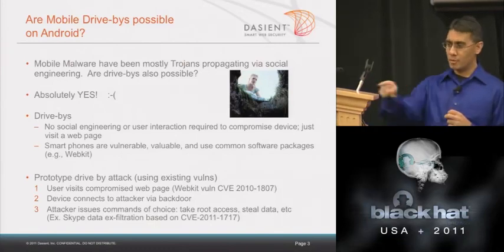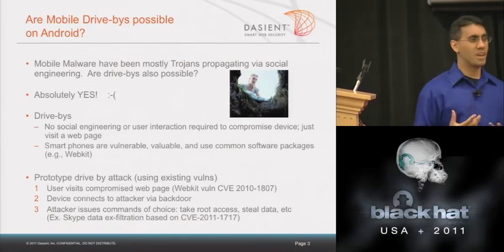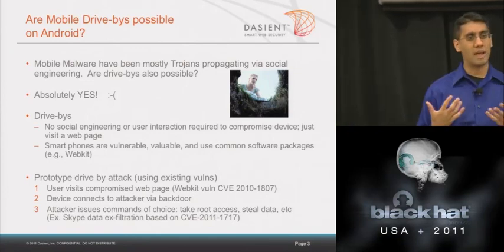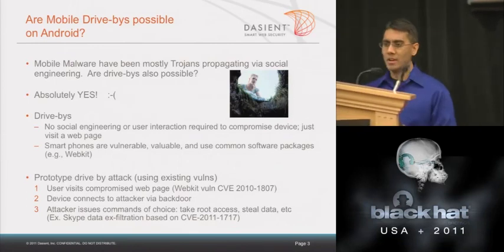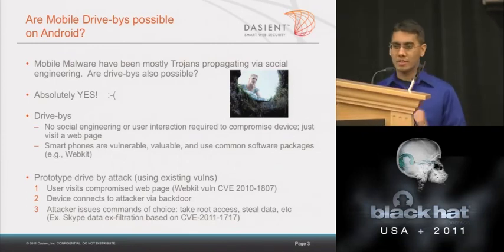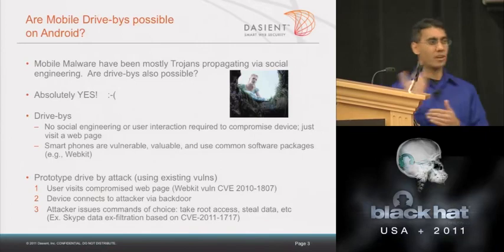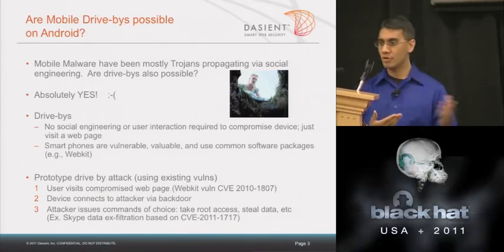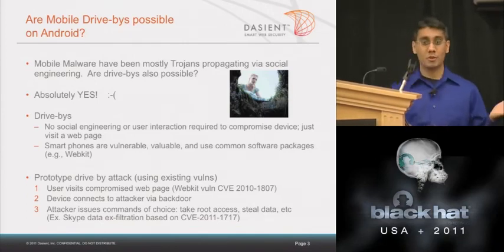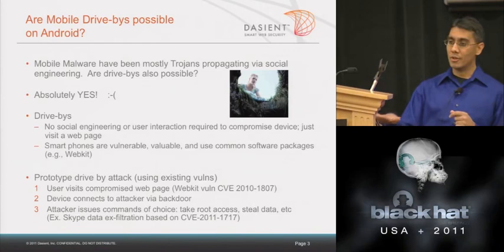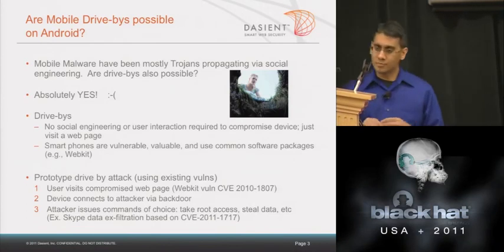This WebKit vulnerability takes advantage of an issue in how WebKit processes floating point numbers and conducts an appropriate heap spray, but once that's complete, gets the device to connect to the attacker's server, and the attacker can then upload files, issue commands of choice,